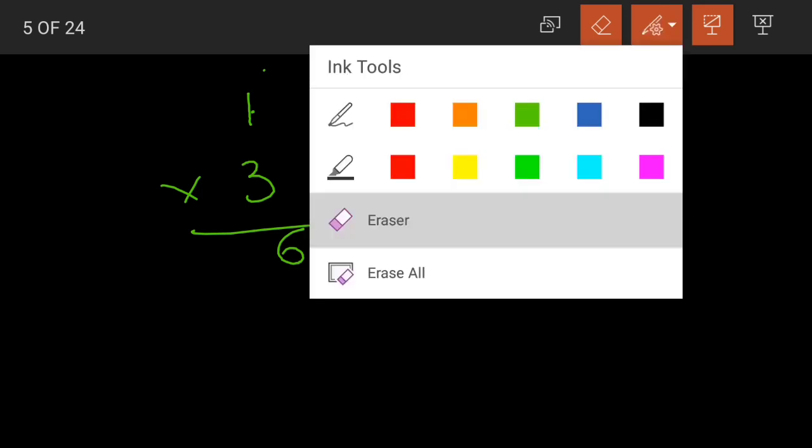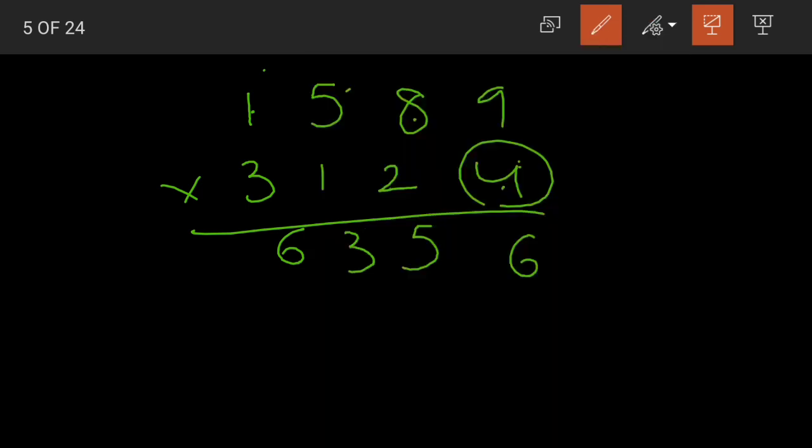6,356. Now moving on to the next digit, which is 2. Yes, so we are going to a new digit. So we will do the multiplication in a new line. And after 2 we are having only one digit. So we'll place 1 zero. Yes. Now let us start multiplying.